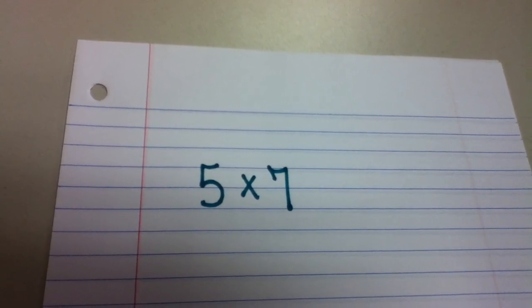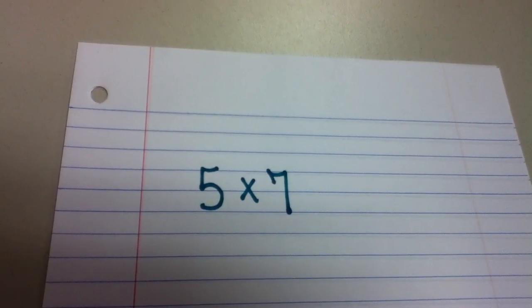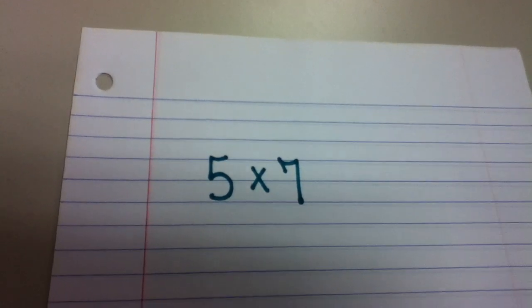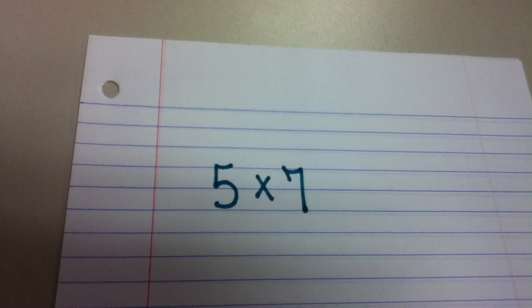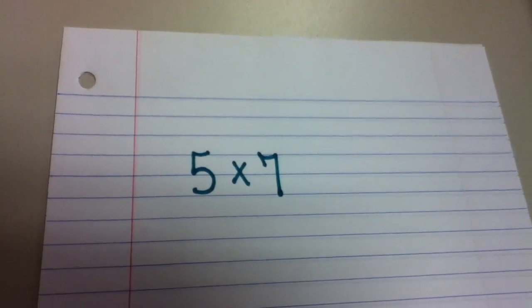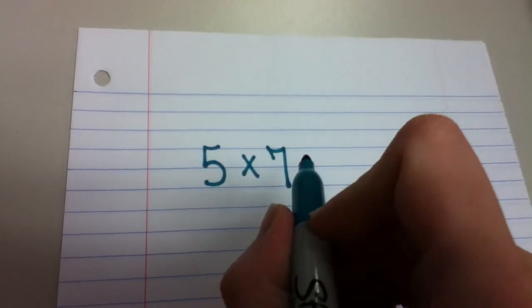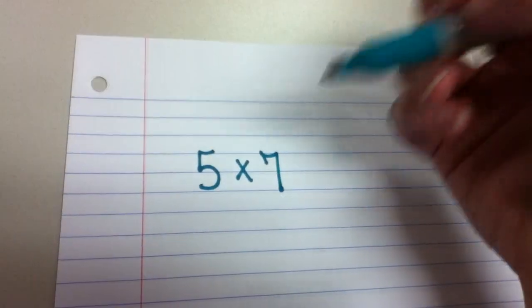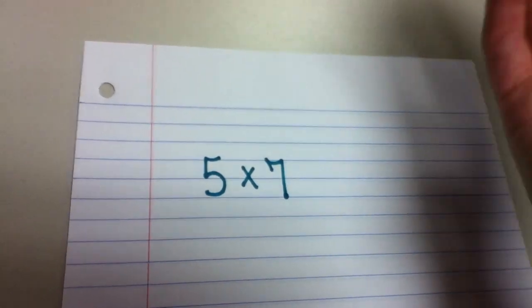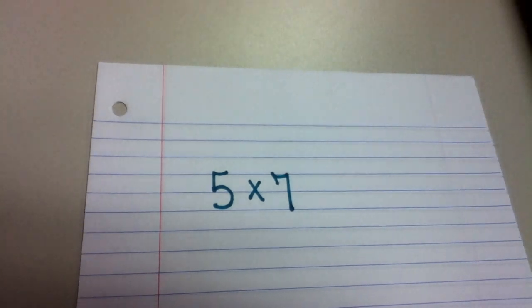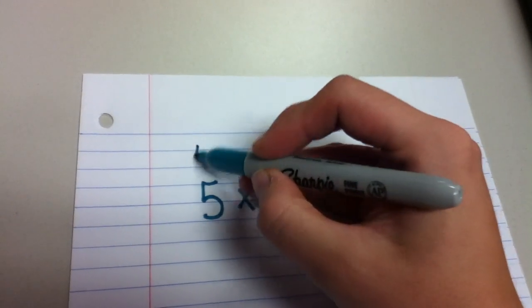And so what we want them to have is some strategies in their math toolbox that they could use to connect numbers and what they know about numbers and their properties so that they could figure out a fact if they don't know it. For example, if they had 5 times 7, that's 5 groups of 7, then they could use what they know about 10s if they don't know 5 groups of 7. So they could use